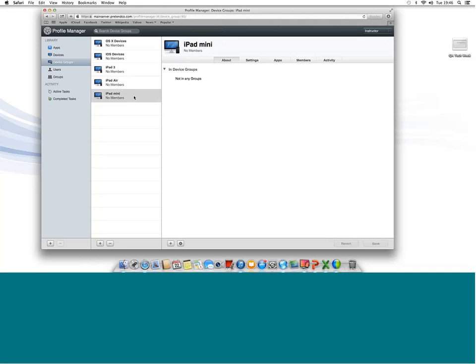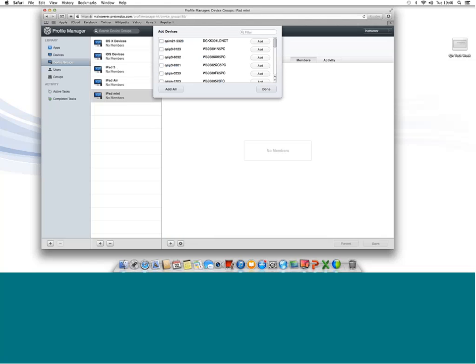I select iPad Mini. I look on the members at the moment, and I've got none. So I can now go in and add my devices. So all I shall look for is the short name, which is QA IPM. So any that I've got in there will be my iPad Minis. So I'll add that,